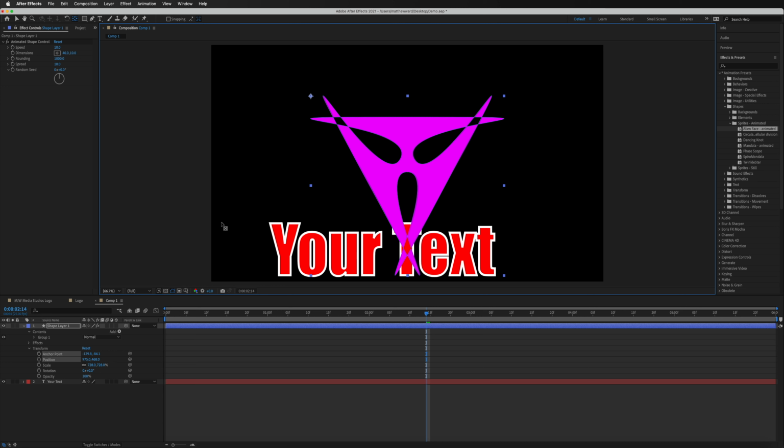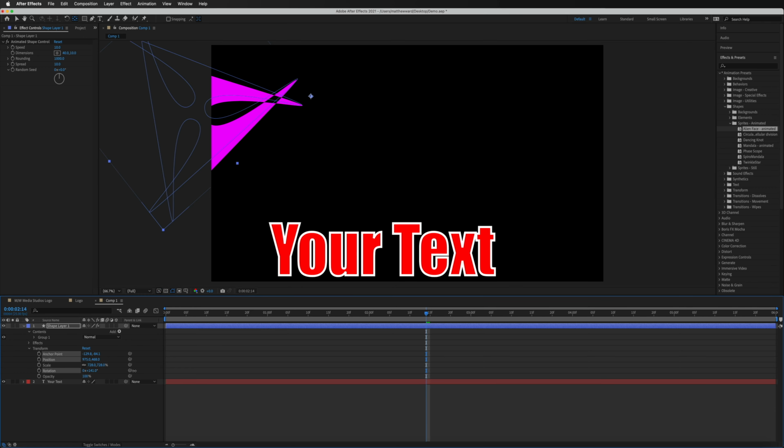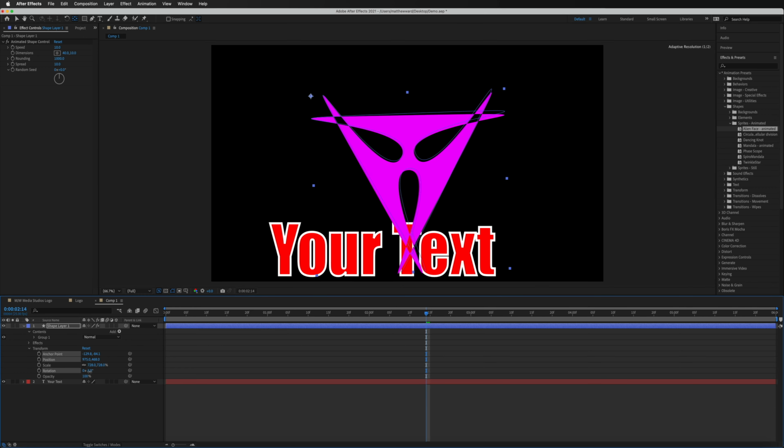So now when we come down to the rotation and we start to rotate again, it's now going to rotate from this axis rather than in the middle. So once again, I'm just going to hit that rotation now. So now you can see it's starting to rotate in a different way than what we originally had. And that may not be what you are necessarily going for.